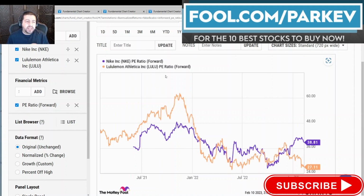This kind of alleviates some of the concerns from inventory if I chose to use price to free cash flow. So looking at this metric, Nike is trading at a more expensive price to earnings forward of 38.8 compared to Lululemon at a forward PE of 27.11. So while both of these companies are excellent clothing apparel companies, if I had to choose just one of